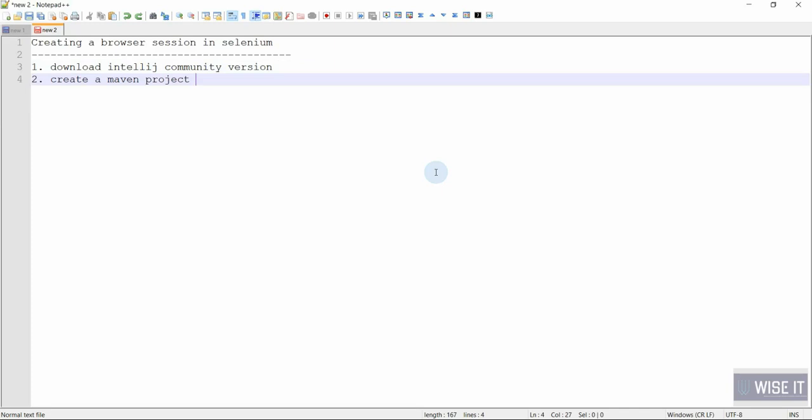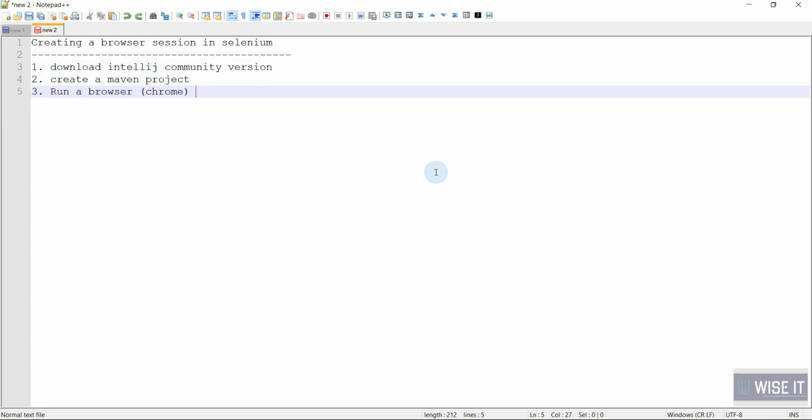तो हमें ये help करता है to download different dependencies for the project, and in simple words it will make your life easy while creating a project, because lot of things it will manage by itself. So I'll show you when we'll start this. And the third step we'll be covering today is to run a browser. So we'll be running browser through Selenium. So let's start, guys.